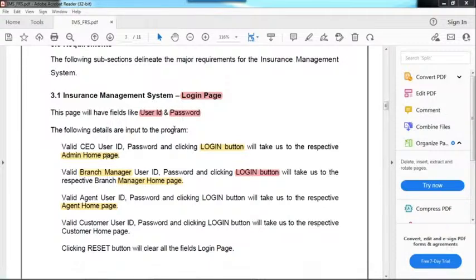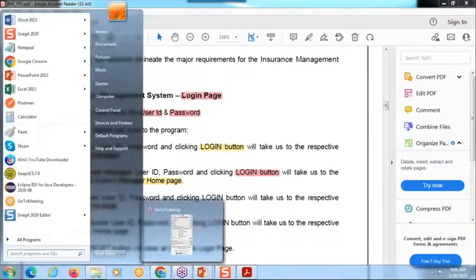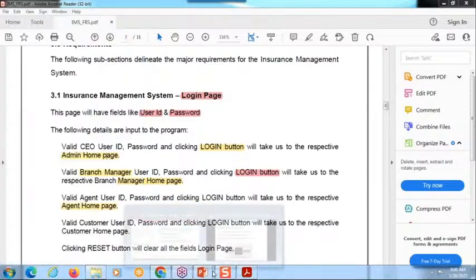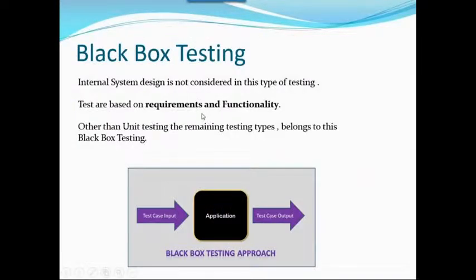So I told you that black box testing always depends on the requirement and the functionality. If both the username and password are valid, only then it should log in. Otherwise, it should not work, right? So we need to test the login functionality.